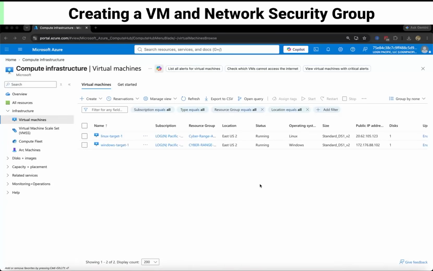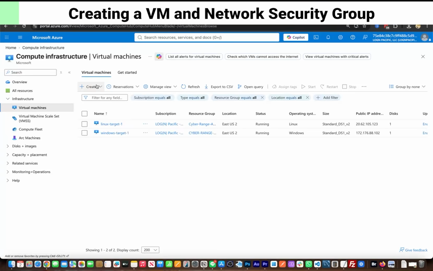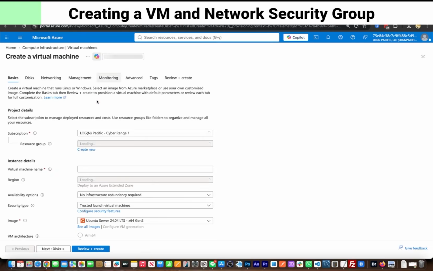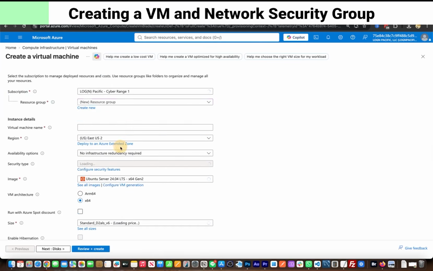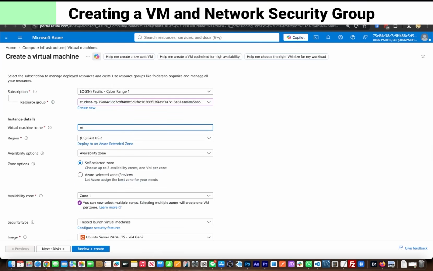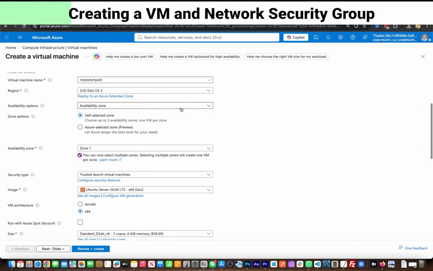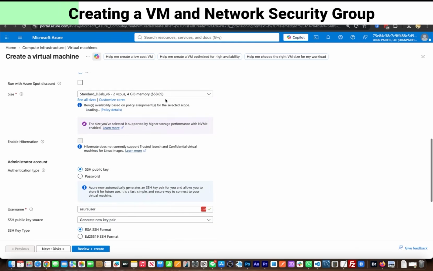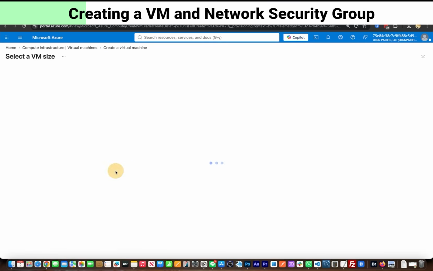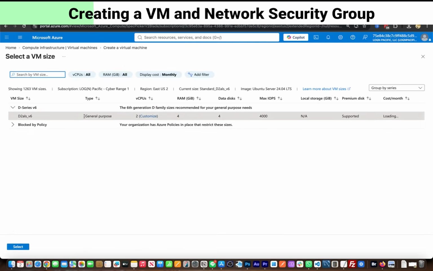So my audio might be a bit bad with this, but I'll just show you what it looks like. It's possible that the Azure portal got updated or something. I'm not really sure, but if you create your virtual machine and then you pick your resource group, I'll just call this something random, none required, and I will pick the size,